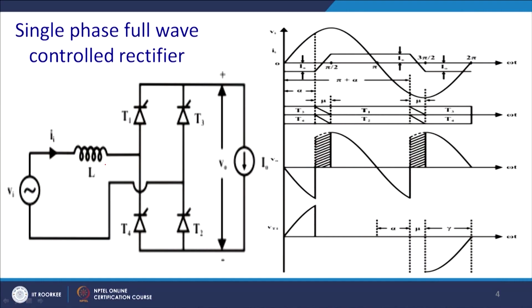Now, in the same way, we can draw the same kind of thing for the thyristors of the full control converter, having a source inductance. So, ultimately this is your source voltage and this is your input current, and since the transition takes place, you will find that the current ramps up in this shape due to the source inductance, and because of this area here, you will find that the output voltage is jagged.